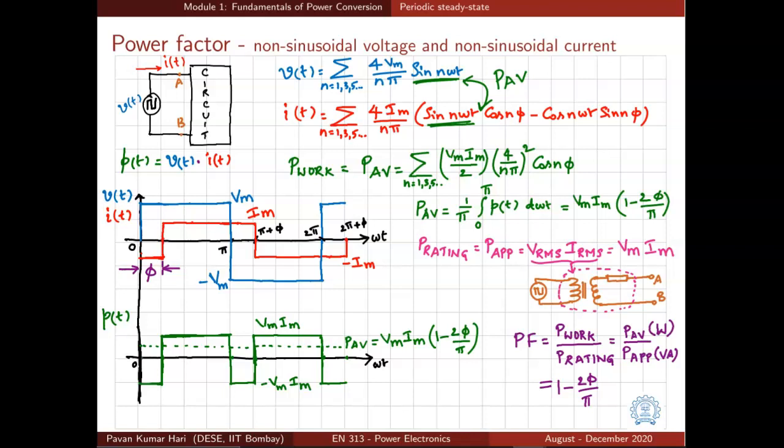And how about the rating of the source? The source rating is given by the apparent power, which is Vrms into Irms. That is simply Vm times Im in this case. So the power factor in this case, where the voltage is non-sinusoidal and also the current is non-sinusoidal, is given by, again, the average power by apparent power, which will be 1 minus 2 phi by